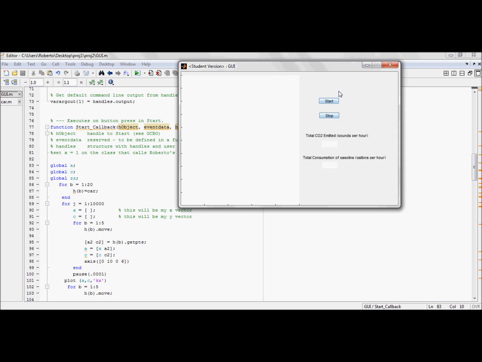And basically here we have the overall layout for our GUI. We have the start and stop buttons right here. The start button will call the code that will run the simulator. The stop button will stop the simulator, and the two text boxes here will display the calculations for the carbon dioxide emitted and the